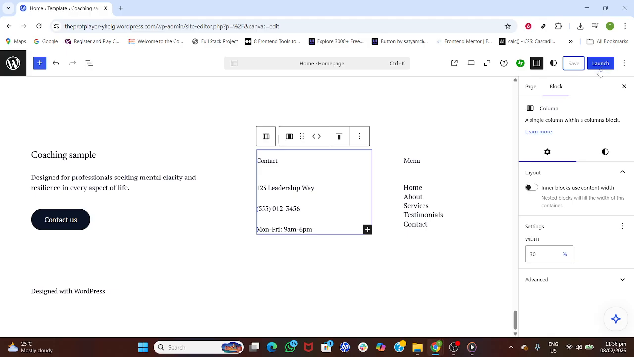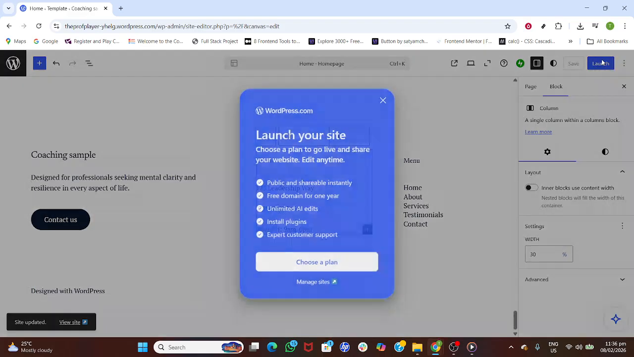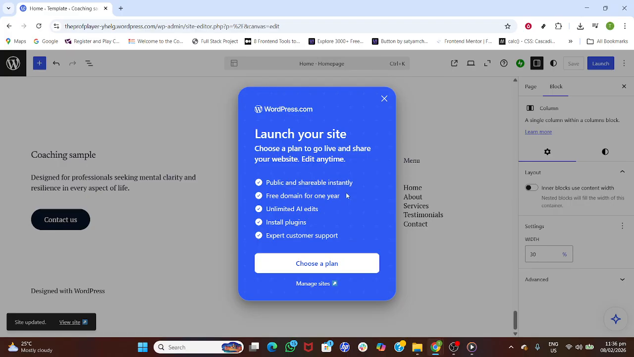When you're satisfied, click Save. WordPress may ask you to confirm which changes to apply. Click Save again to finalize. Return to your main dashboard or All Sites view, and, if prompted, click Launch or Publish so the changes